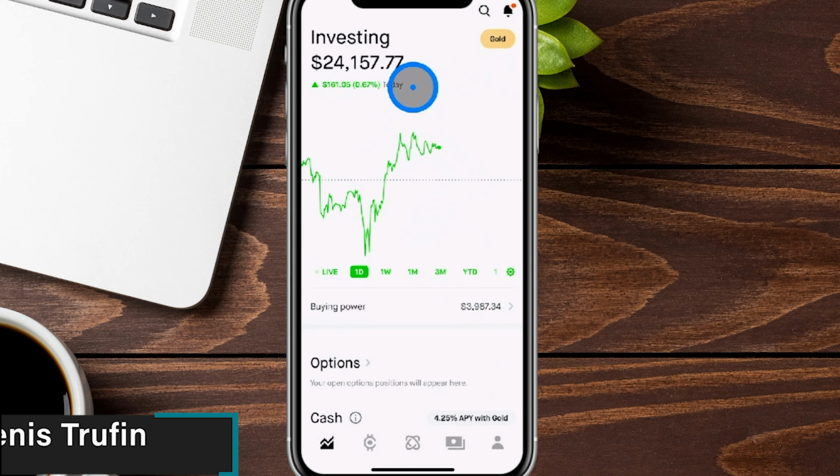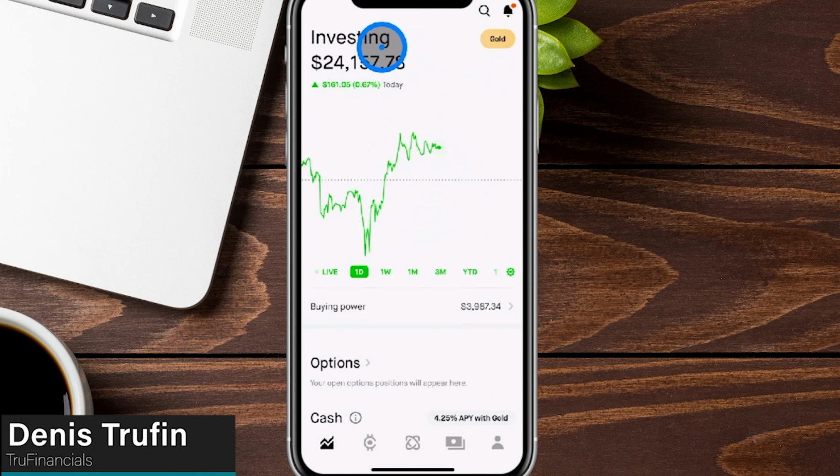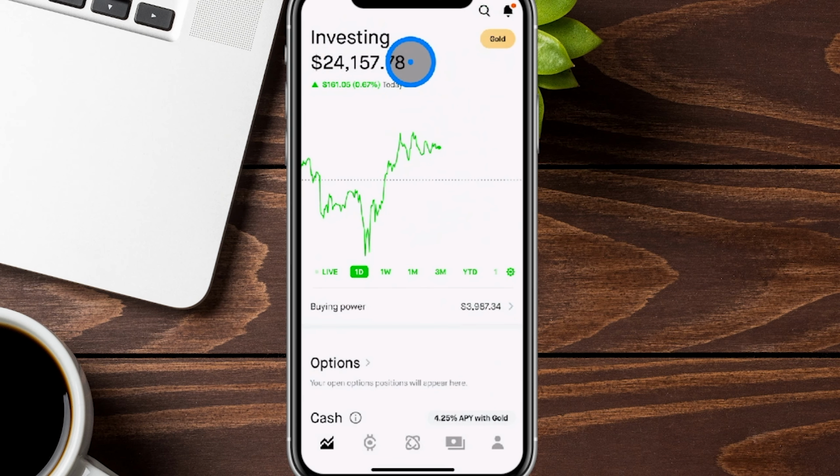Today I'm going to show you how to set up a recurring investment on your Robinhood account. Now we're going to actually be doing this here in real time, step by step on an iOS device. Now we're currently here on the homepage of our Robinhood account, and what we want to do is one of